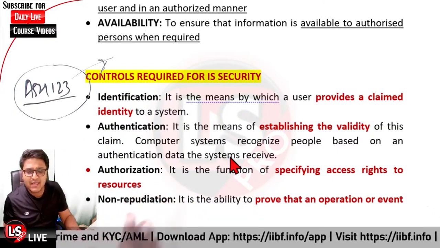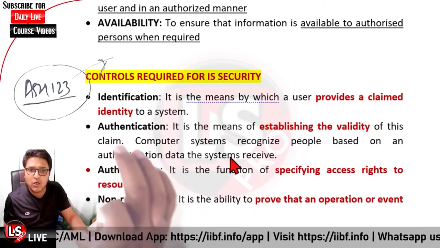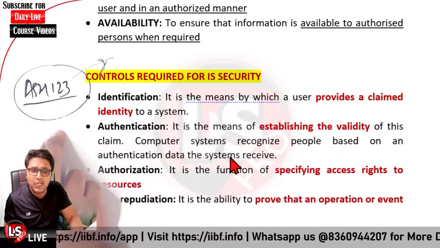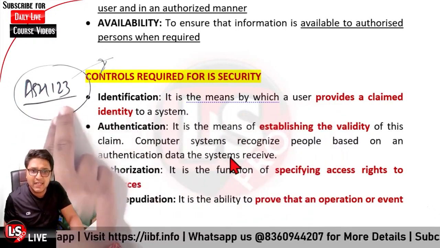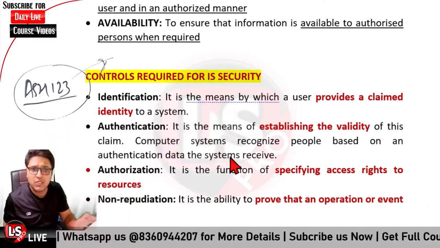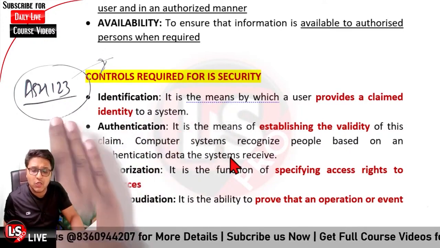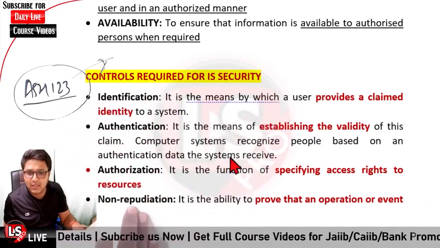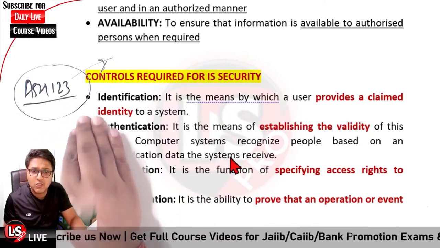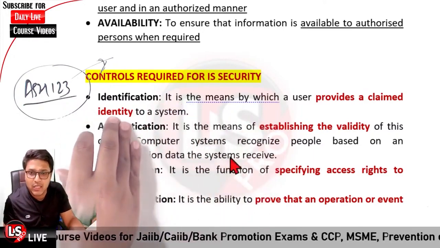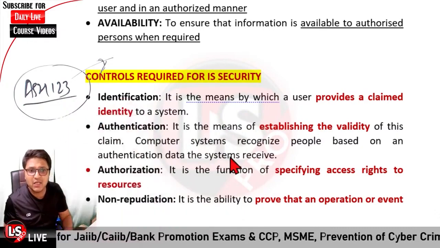Then it is regarding the authorization. Authorization is, as I already told you, that a particular authority is given to some user. If this user ID is related to a clerical cadre person who has the scope of passing entries up to rupees 50,000 only, then he should have the authorization to pass entries up to that amount only. If he is not authorized to post entries above rupees 50,000, that authority must not be there. That is regarding the authorization.